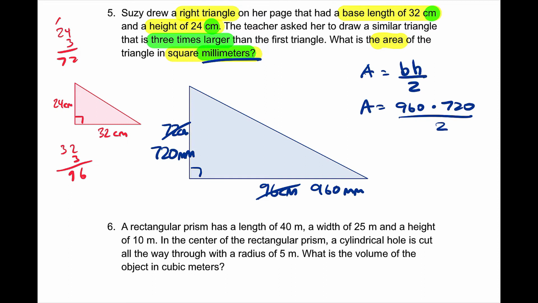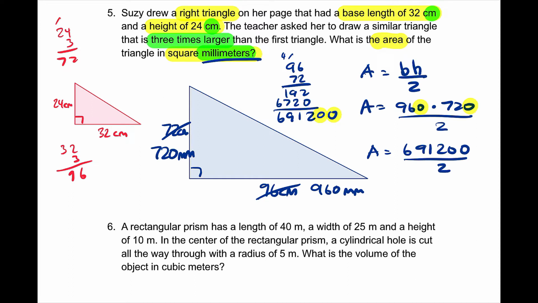So you're going to have to start by multiplying 96 times 72. And don't forget, I didn't add in these 2 zeros right here. So it's just a quicker way to do it. And now I can add those 2 zeros right there. So the area is going to equal